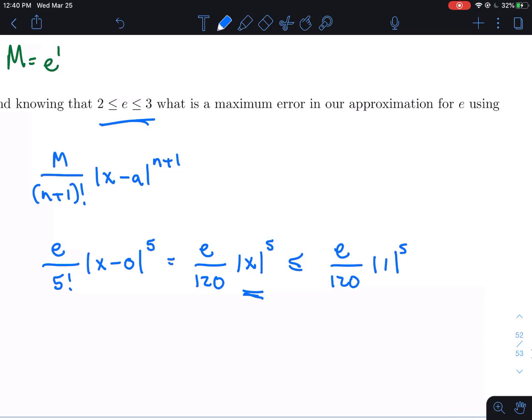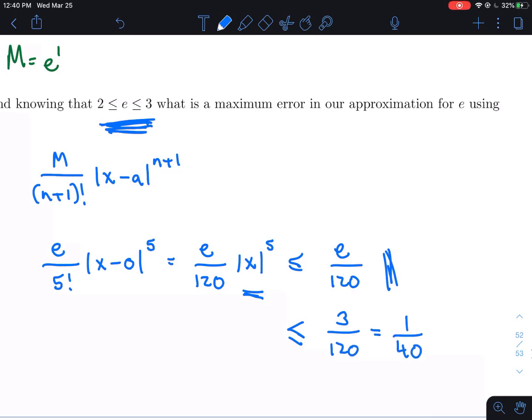Again, those absolute values aren't doing a whole lot. 1 raised to the 5th power is just going to be 1, and so you just get e divided by 120. And we know this isn't so great because it has e in it as far as what the error is. So we're going to use this fact that e is at most 3. So we're going to say that this is less than or equal to 3 divided by 120, which ends up